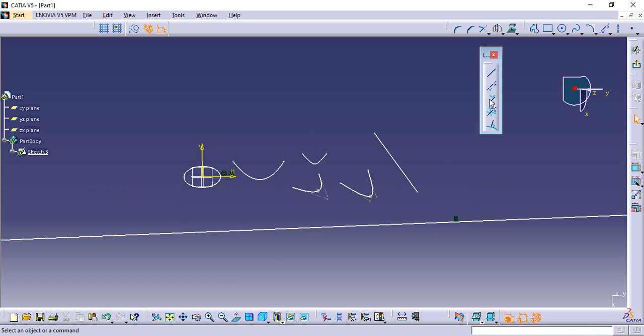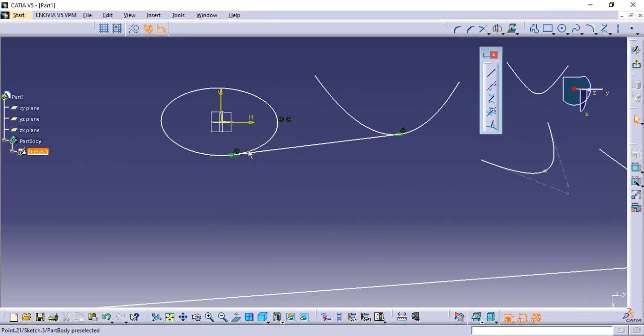Fit all in. Okay, this is the tangent line, for which I need two curved surfaces to make this line. I have two curved surfaces: this is curved surface 1, this is curved surface 2, and the line gets tangency from the start point and the end point. A line is constructed between two curved surfaces and the line is tangent on both ends.